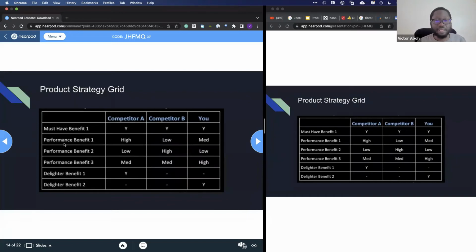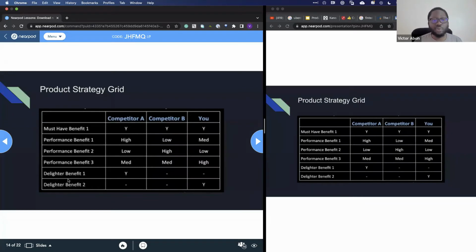And then our performance benefits, you will likely also have a couple of them. So we can see that not everybody is scored equally. And this is not necessarily where you want to go high, right? As a team, you might say, what are we great at? Let's be best at performance benefit 3, and let's be medium low in the rest of them. You basically pick your battles with the performance benefits. The point isn't necessarily to be high across everything, but pick your battles based off of the team you have, the technologies you have, etc.